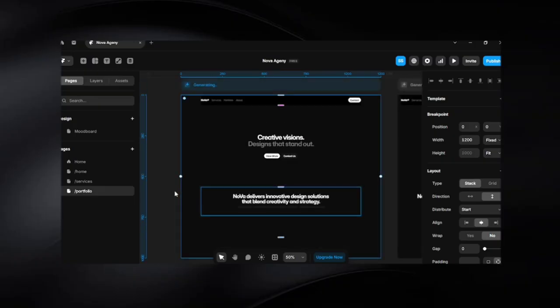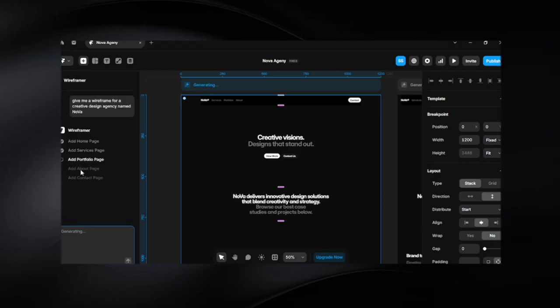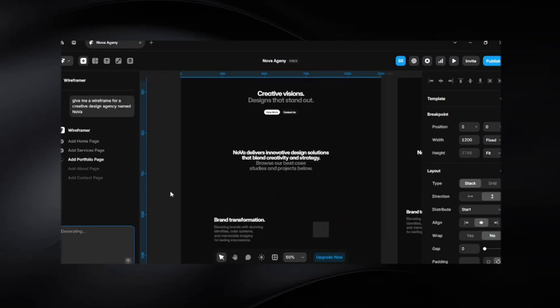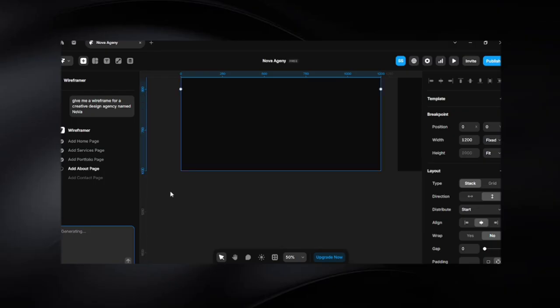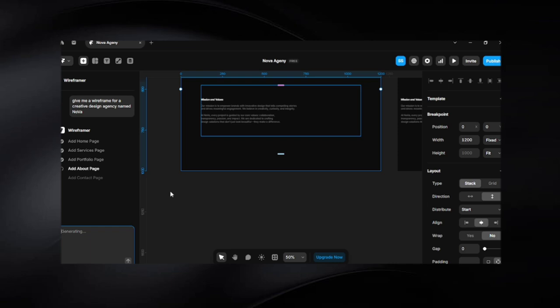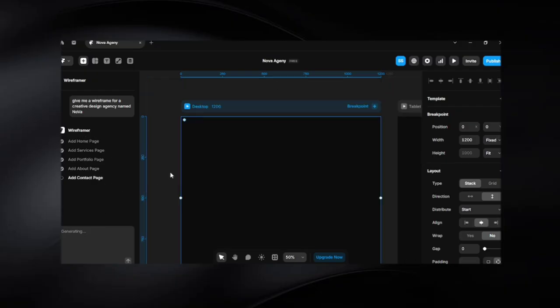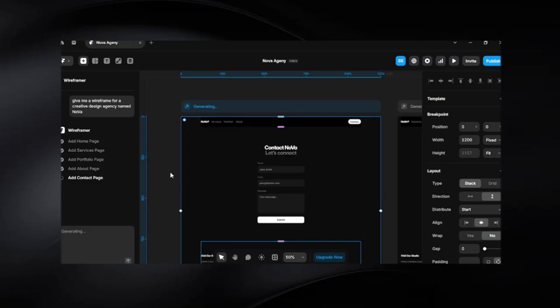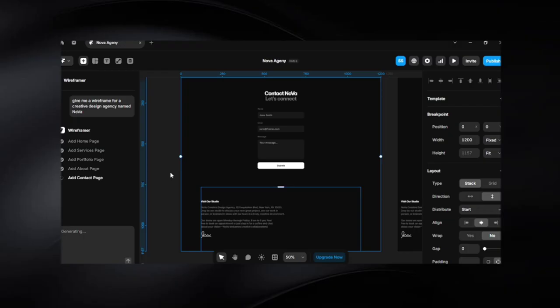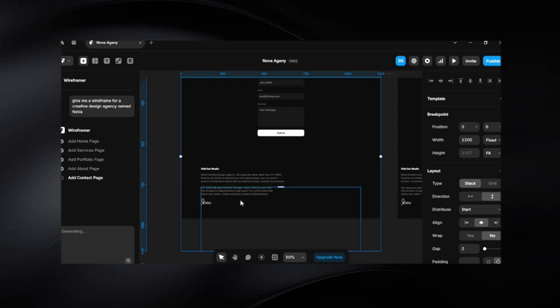It's already generating the pages. It didn't stop, so let's give it some time to generate pages, and then we'll delete all of them and start by ourselves. Okay,